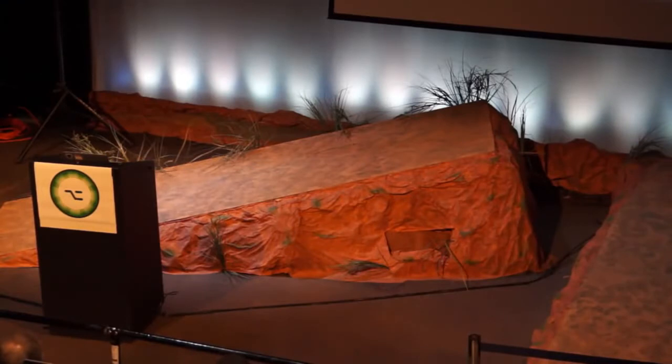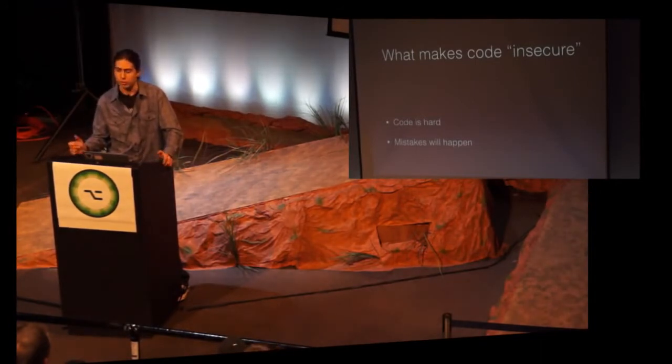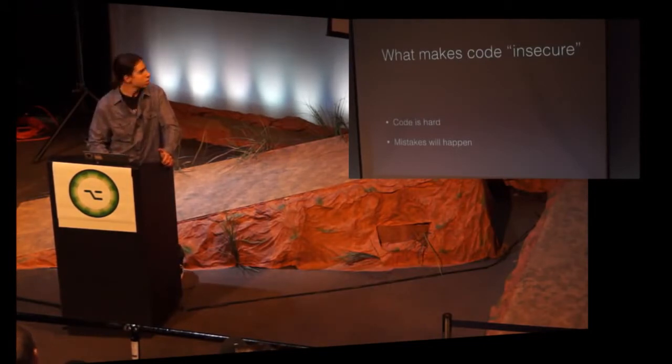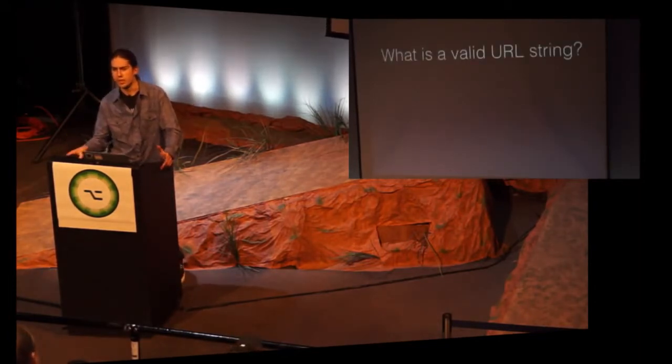We'd like to talk to you about two real-world cases of exploitable code that existed in software, one for many years and one for a couple of months, that ended up being quite dangerous for everyone. The first comes from a company you may know of as a game studio that can't count up to the number 3, involving input handling, specifically with URL strings. Now, what is a valid URL string? When asked this question, I came up with three general